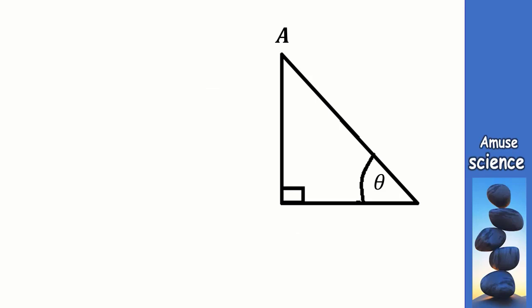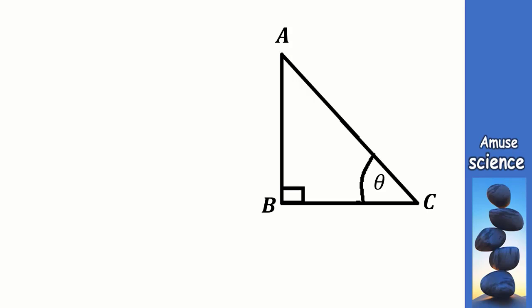Let us call it triangle ABC. Now let us note where the angle theta is. In this diagram, it is found at C. It can also be found at A in another diagram, but not at B. It is only the right angle that can be located at B because the lines AB and BC meet at right angle. Where the angle theta is located is very important because it tells us which side of the triangle